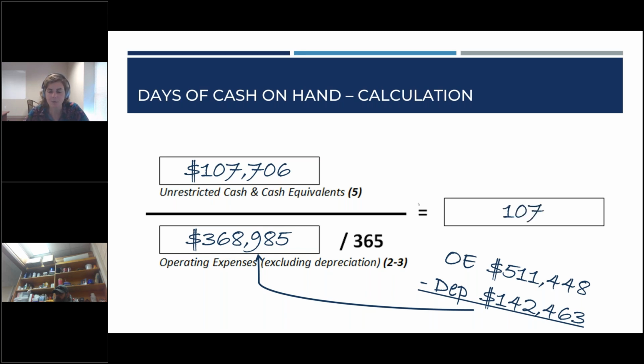And what we find out is that the system has about 107 days cash on hand. So again, this does not meet our industry standard, but this is pretty good. Going forward, there might be opportunities to try to set aside more funds to make sure that they can improve this value, but overall, 107 days for Mayberry is pretty good.